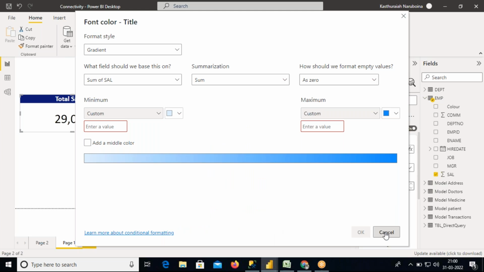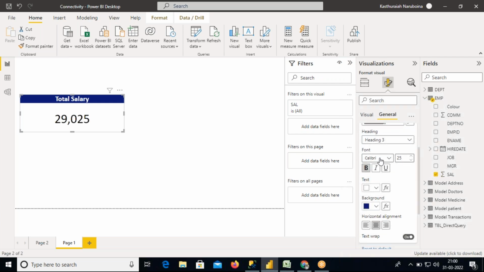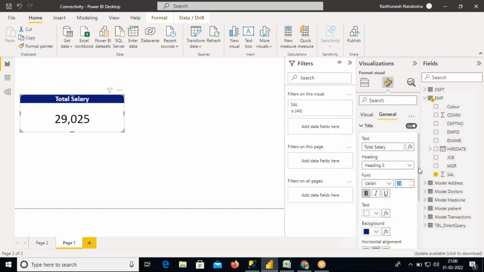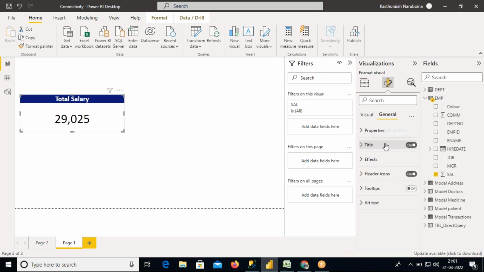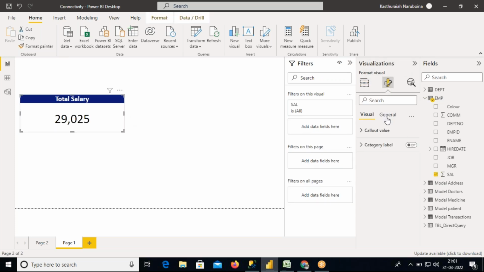Okay, cancel it. Now so heading is fine. Heading title is H3 tag, Calibri 25 size, fine. Bold, foreground color I set to white, then background color set, middle set, wrap text. Okay, title is completed. So now let's set the border. Go to formatting options, here general. Yeah, we will discuss rules option. There is one simple concept we have to discuss, after that we'll discuss. Now go to effects